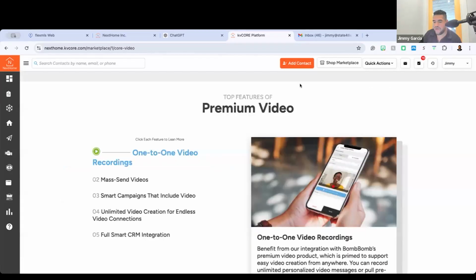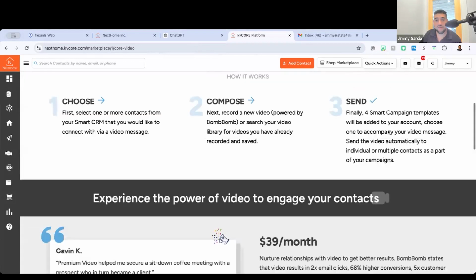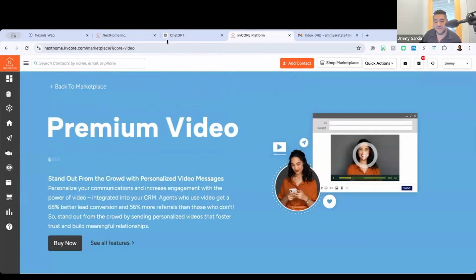So let's put the screen back up here. Again, I like to tell folks, I don't work for KB Core. I'm not a commission employee for them. I'm not telling you what to buy or not buy. As somebody who's trying to figure out their own financial life, I understand. There's a million things you could pay for, $20 for ChatGPT, another $40 for this, right? It does add up, but really sit back and say, okay, what are the tools and resources that I can get the best bang for my buck?